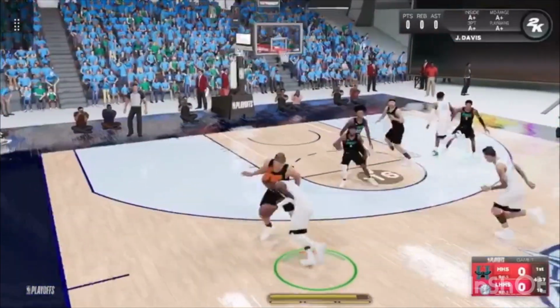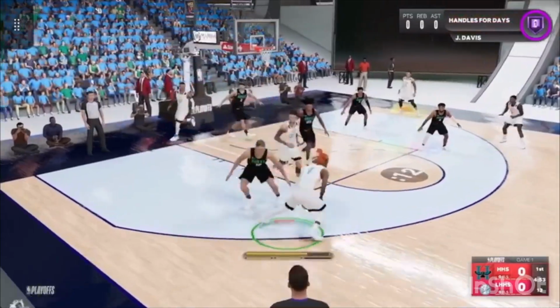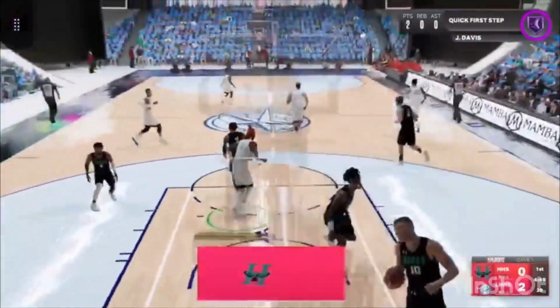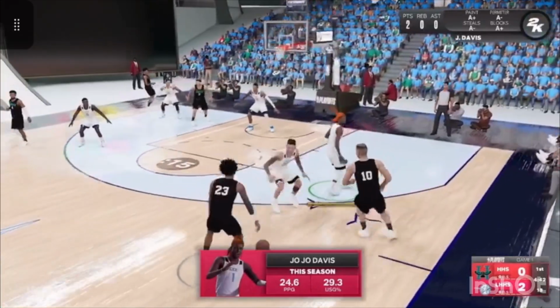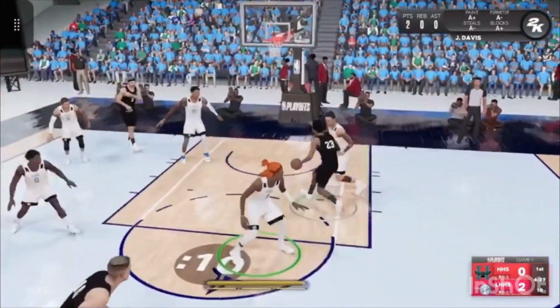Now the starting group for the visitors. They've got Mitchell. Davis is out there with Smith. Then it's G. There's a screen. And Davis throws it down. Never a bad idea to run the old pick play. You're right. And if it produces a slam like that, you'll probably see more of them. Especially if the defense is going to allow you to...